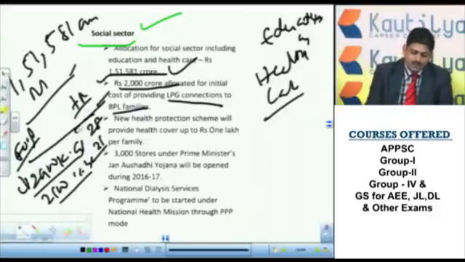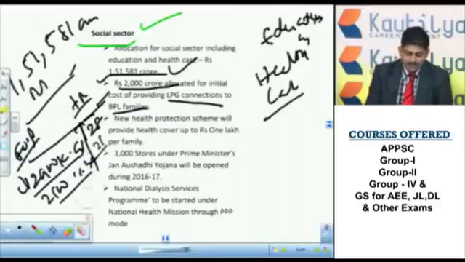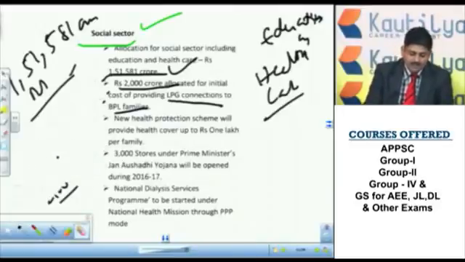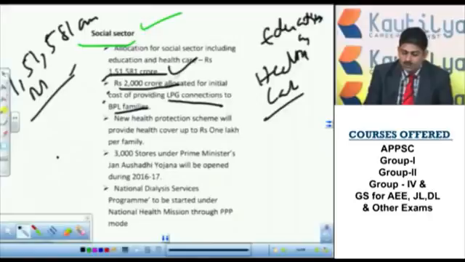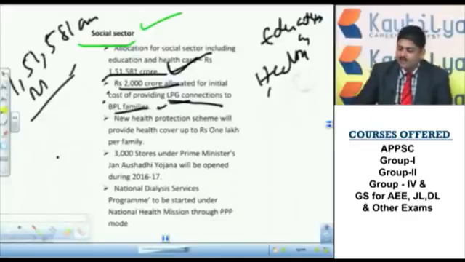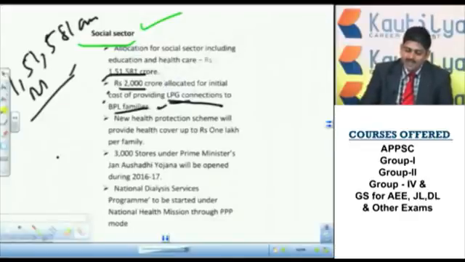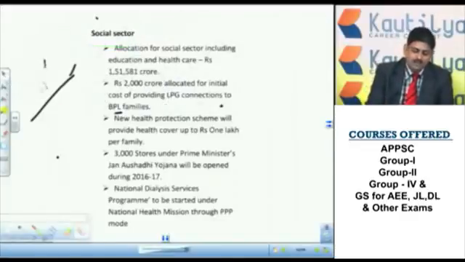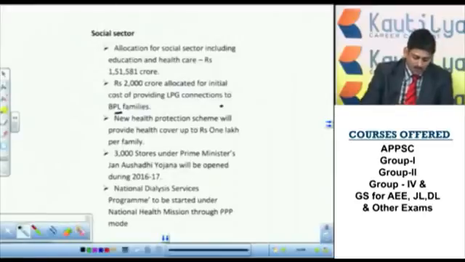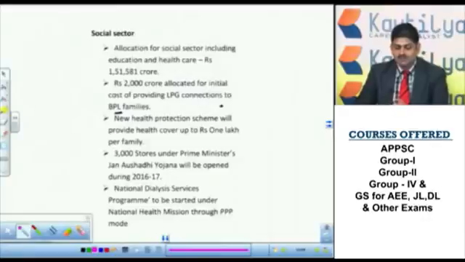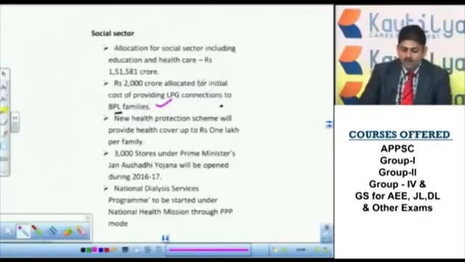This is the recommendation of the Suresh Tendulkar committee. Now there's a different issue, a different classification. Now we will see that here 2000 crore is allocated for LPG connections to BPL families. If LPG connection is provided for them, it even helps the environment, because those families right now depend upon wood, so they cut the trees in order to cook. So this can be stopped. So this helps the environment as well as the poor people.